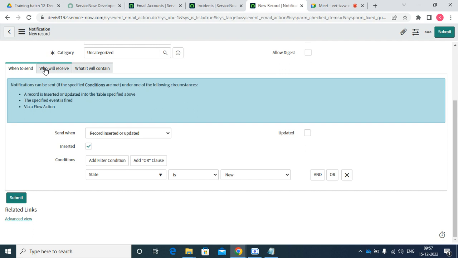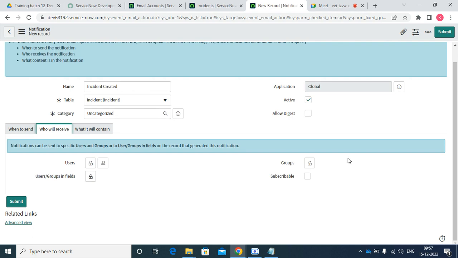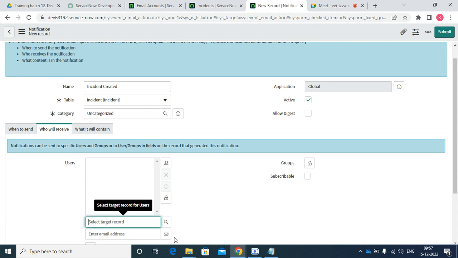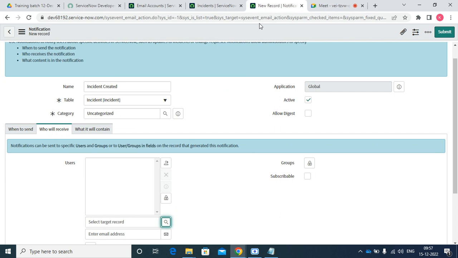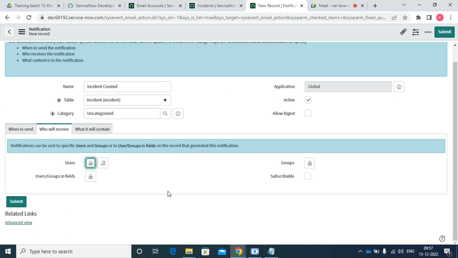State is new. And the next step, who will receive? If you have any static user, we can give that. But we don't know who will be in the caller field. It should be dynamic, right? If it is dynamic,